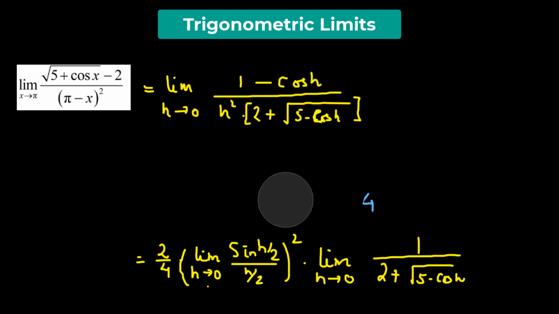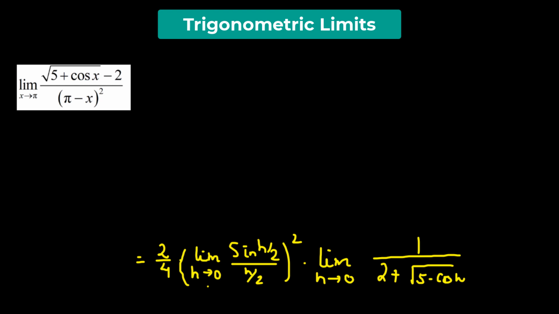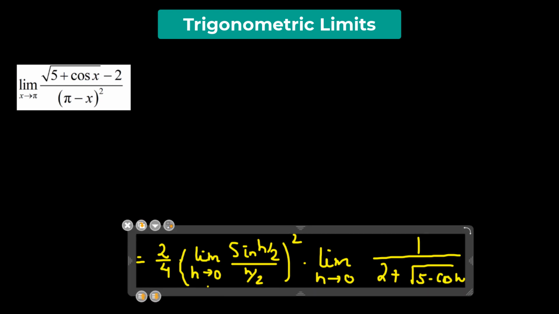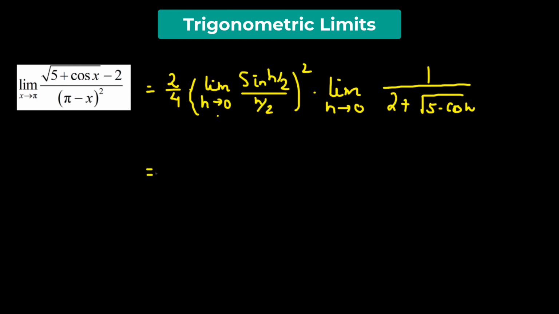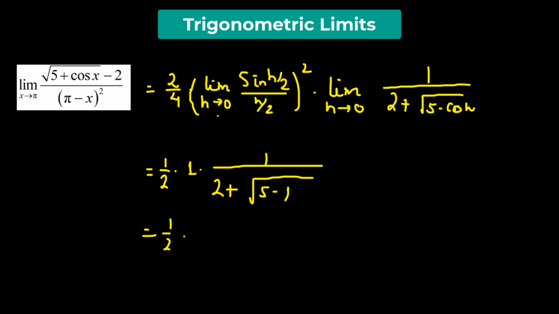So 2 over 4 will be half. The limiting value of sine h over 2 divided by h over 2 is going to be 1, times 1 over 2 plus the square root of 5 minus cosine of 0, which is 1. So we have half multiplied by 1 over 2 plus the square root of 4, which is 2. So we have half multiplied by 1 over 4, so that gives us 1 over 8. So this is going to be the limiting value of the given function when x approaches